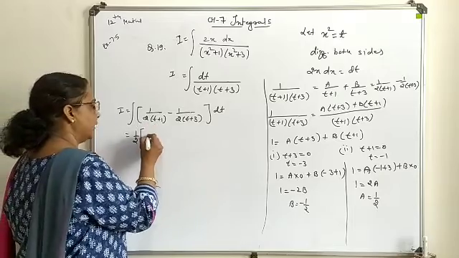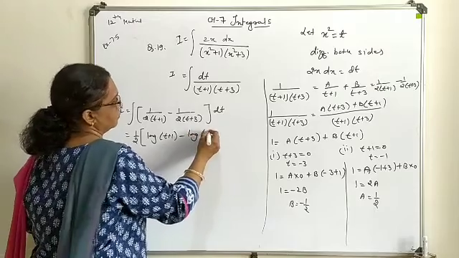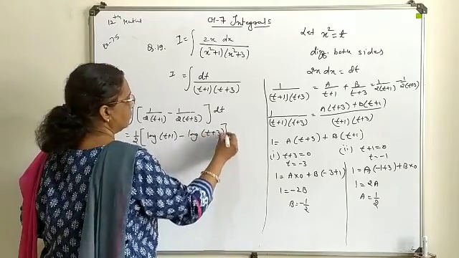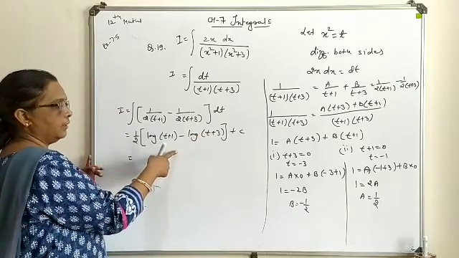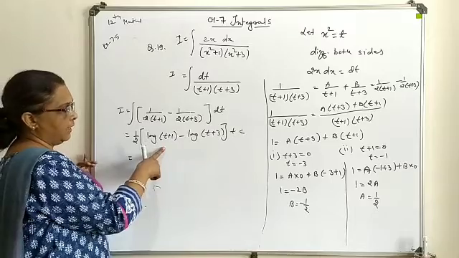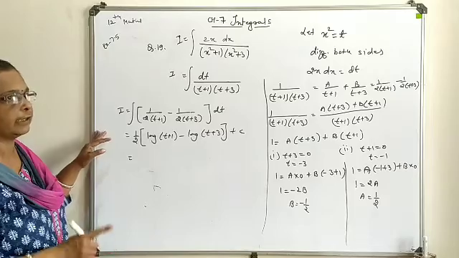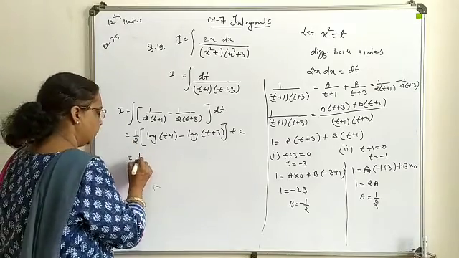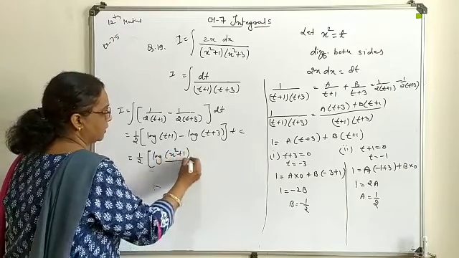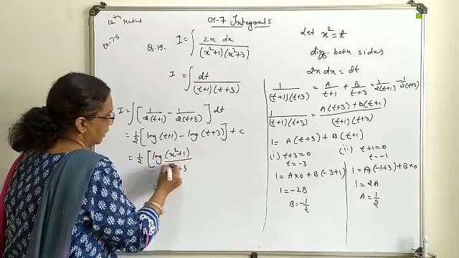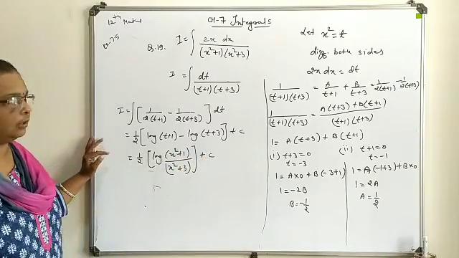On integrating, this will give log of t plus 1 minus log of t plus 3. Introduce your constant. Being log functions with a negative sign in between, it can be expressed in the m by n form. Secondly, your answer should be in the form of x, so in place of t we write x square. So this is 1 upon 2 log. Both things we implement at the same time: substitution of t and applying the m by n formula for the log term.